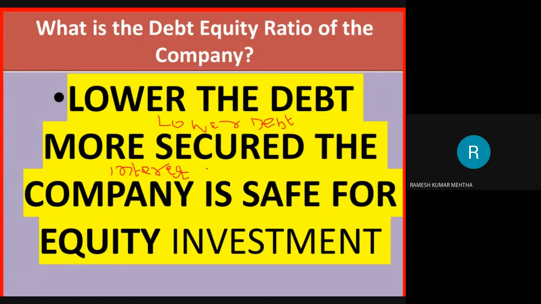Paying huge interest is going to eat away the profitability of the company, and on top of it, you are obligated to pay that interest before you reward the shareholders in the form of dividend. So interest should be low, and that's the reason we say debt should be low. Look at the liability side of the balance sheet. Look at the debts, and if the debt equity ratio is unfavorable, that is, debt is more and equity is less, and the outside borrowings are very high, then it's time to say goodbye to that company in which you have invested.